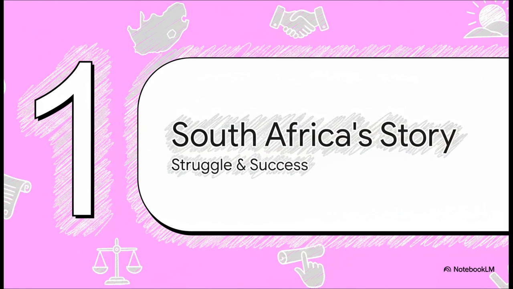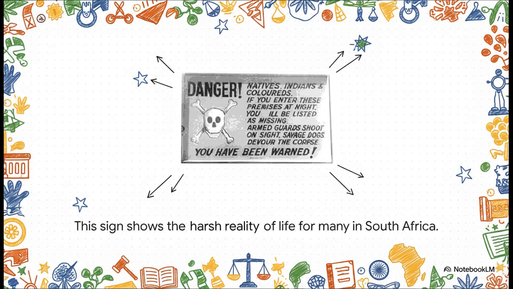Let's look at the amazing story of South Africa. Their journey really shows us that a constitution isn't just a boring document. It's a promise of a better, fairer future, especially when you're healing from a very painful past. Look at this picture. This is not from a movie set. This was the painful reality in South Africa for a very, very long time. The country had this terrible system that divided people and was incredibly cruel to them, all based on the color of their skin. This system had a name, Apartheid.